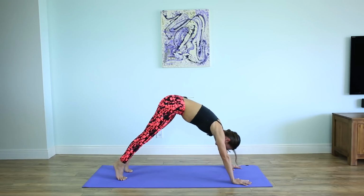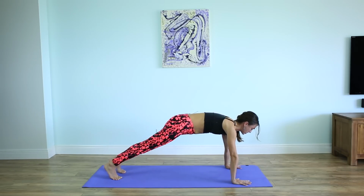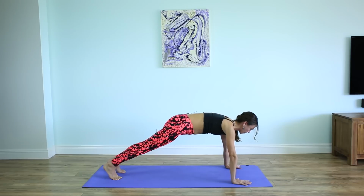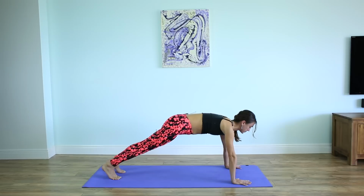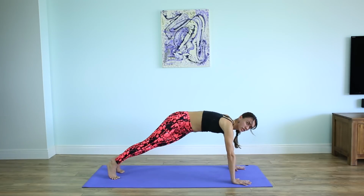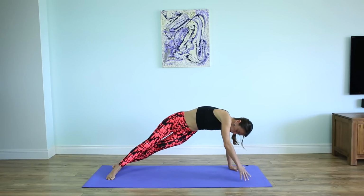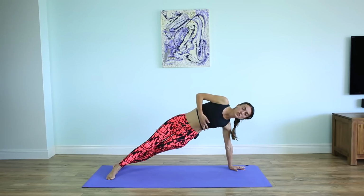Inhale, slide forward to plank. Shoulders above the wrists and away from your ears. Energize your thighs, send the heels back. Inhale and exhale. Roll to the left side of your torso, having both feet on the mat, finding your modified